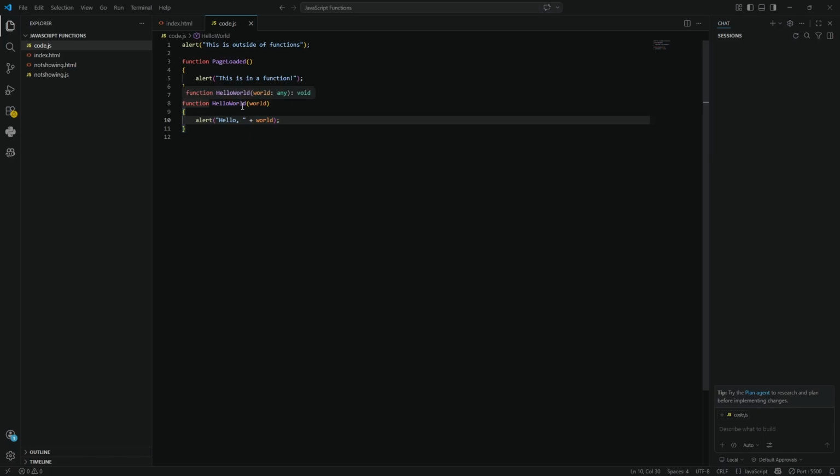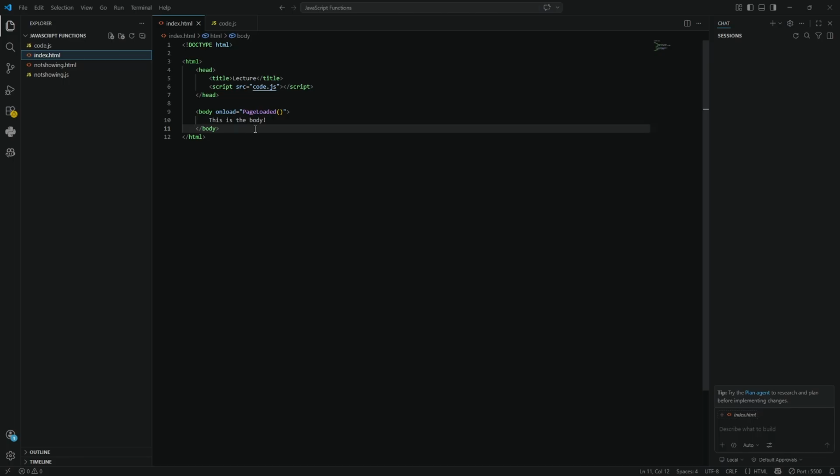So now when this function is called, assuming that we have passed in a string here, it will say hello, comma, and then whatever we passed in. So let's do that. I'm going to put in a line break here, and then I'm going to put in a button. And I'll just have the button label be say hi. Now the button, again, has an event. onLoad and onClick and onChange are three of the more common events that you will use. So in the case of button, I am going to say onClick equals